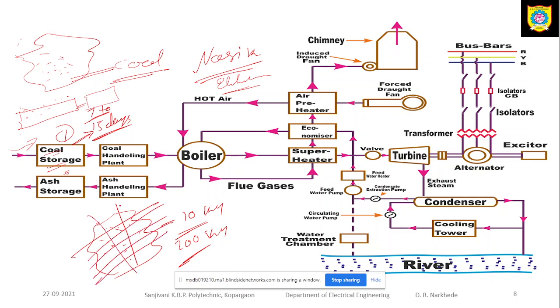For burning purposes, we need to cut this coal into small pieces. ये कोल को हमें छोटे छोटे पीस में कन्वर्ट करना है, कट करना है. For that purpose we are going to crush it, and there is a coal handling plant. In the coal handling plant, there are steel balls. There are three such steel balls and you put the coal in between. As the steel balls rotate, the coal is ground in between. It is just like a flour mill.